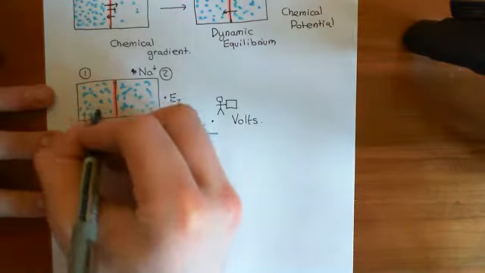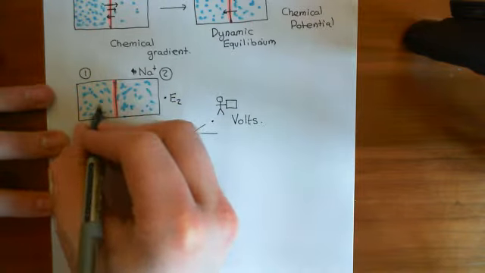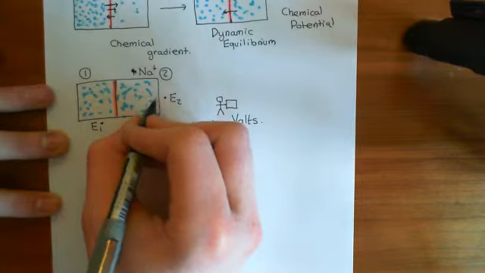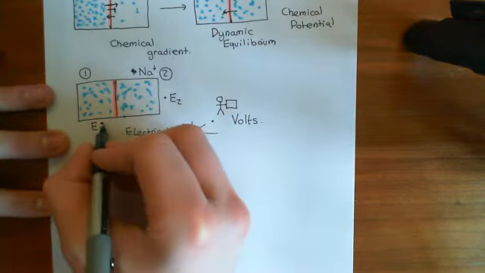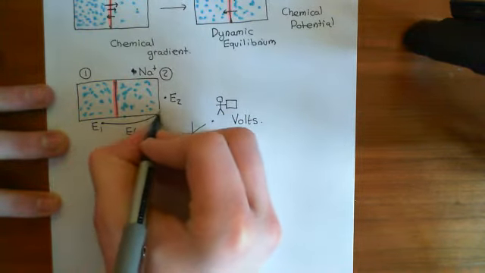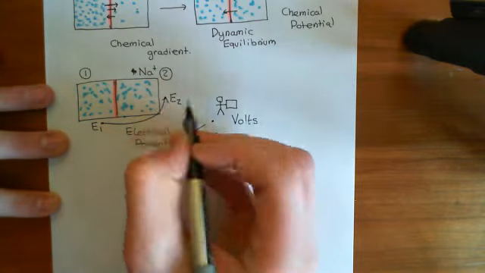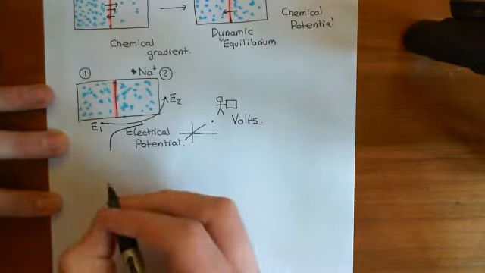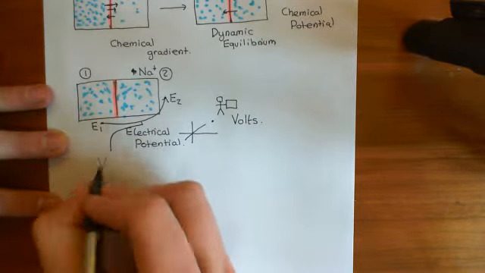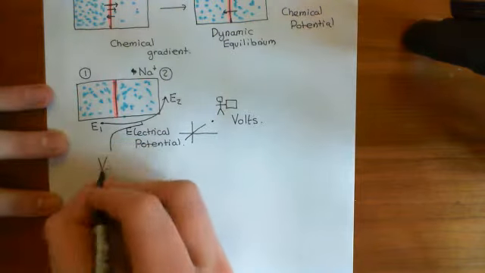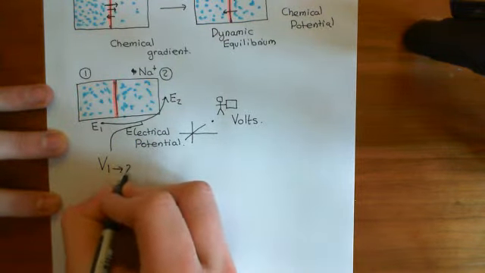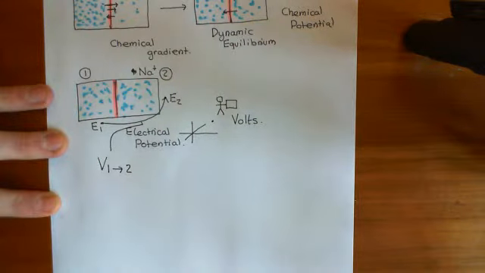Now let's say that the electrical potential of compartment 1 is not the same as the electrical potential of compartment 2. So across the membrane there is then the concept of an electrical potential difference. Electrical potential difference is also called voltage, and it's usually denoted V. So let's say we want the voltage from compartment 1 to compartment 2, and strictly speaking, when people talk about voltage, they should tell you